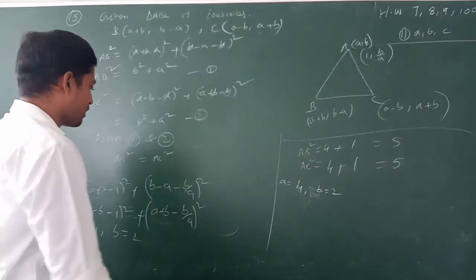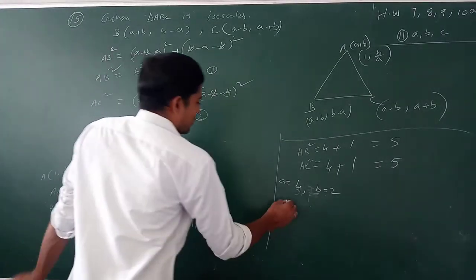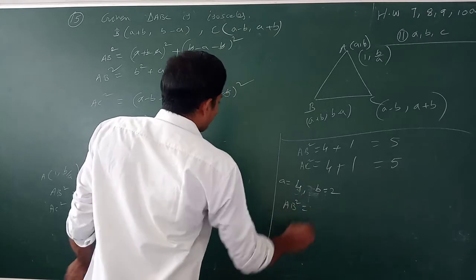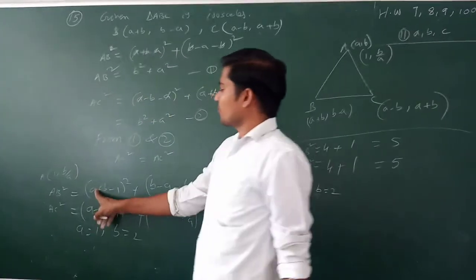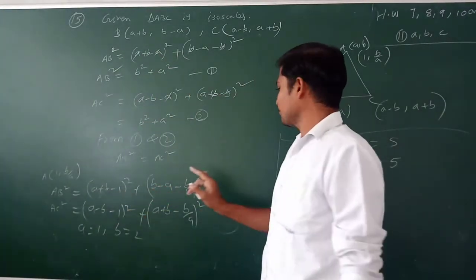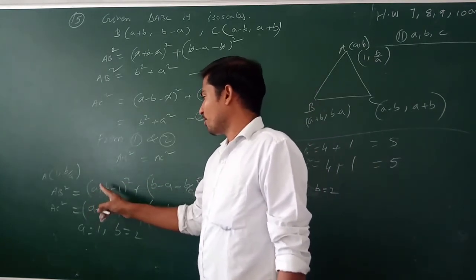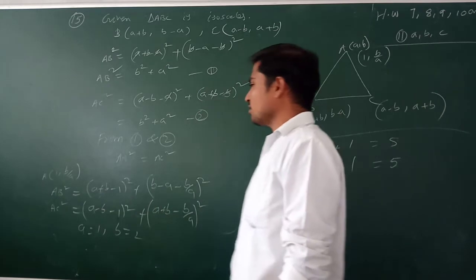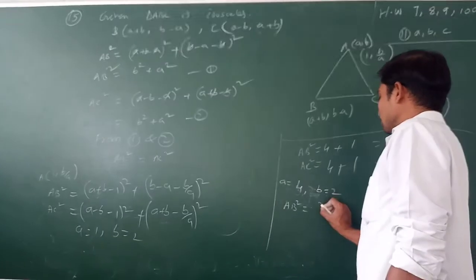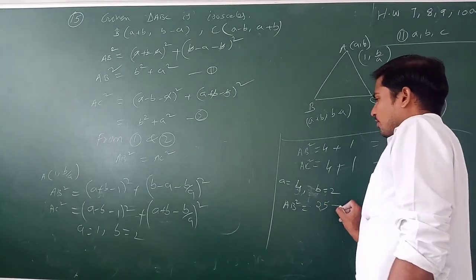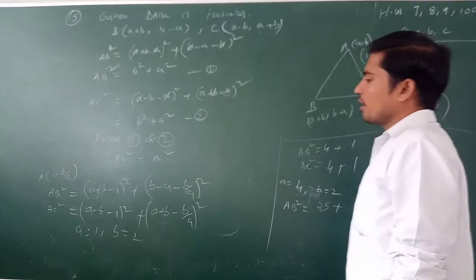Let us see. AB square. Instead of A, we are taking 4. B is 2. 4 plus 2, 6. 6 minus 1 is 5. 5 whole square is 25. Plus, and then